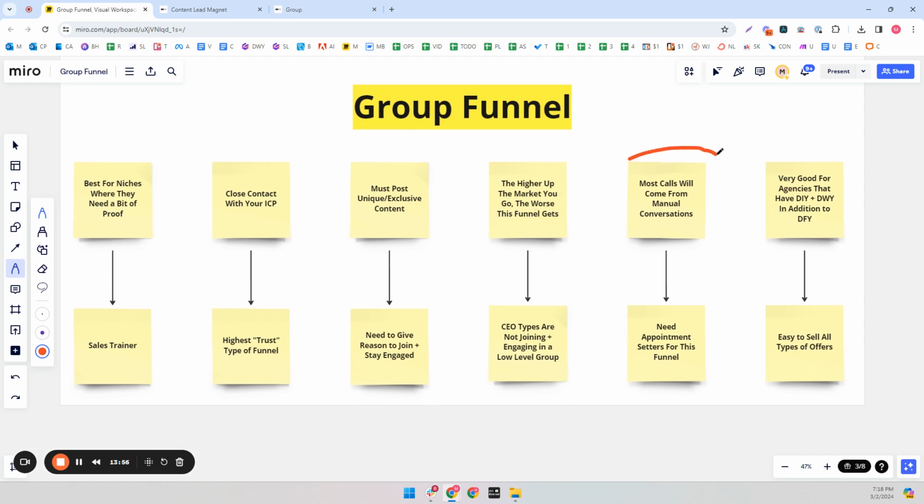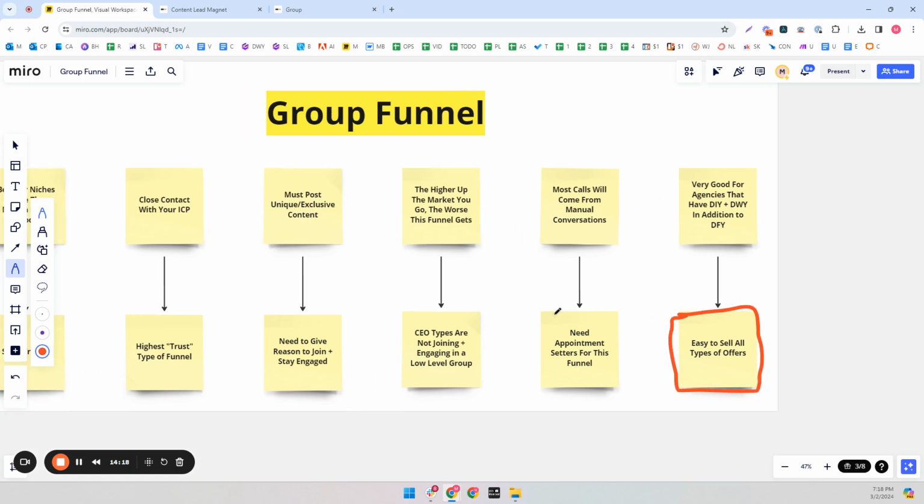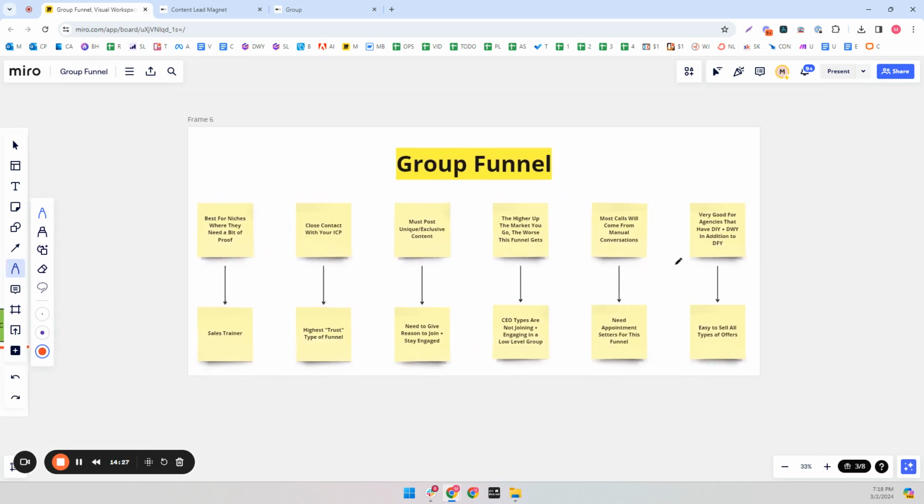And another con is most of your calls will come from manual conversations. You need an appointment setter for this or it's not going to work. And the final pro is it's very good for agencies that have do-it-yourself, done-with-you offers in addition to done-for-you, because you can get just a mass market or broad amount of people in there. And if they can't afford your service, you sell them your course, you sell them the program, you sell them info products or whatever. It's just a very versatile funnel that you can have a lot of different offers and